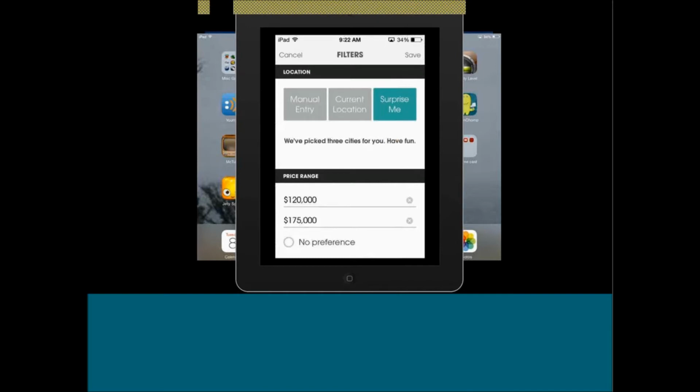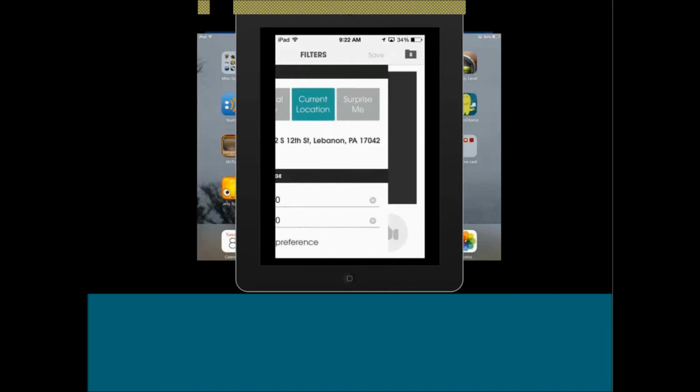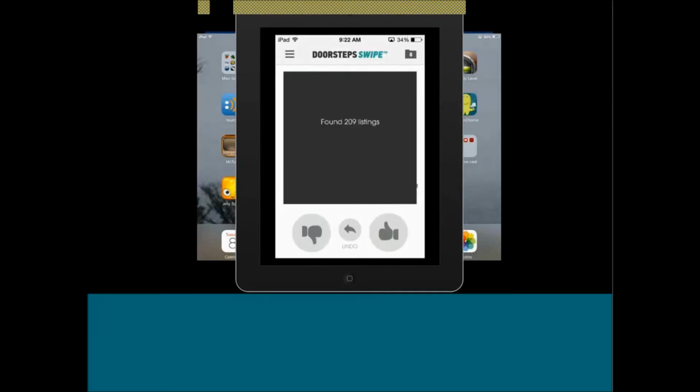This is powered by Realtor.com, so this is real, current, live information. But I'm going to go ahead and use my current location here in Lebanon. I'm doing a little price range between 120 and 175. I'm going to tell it to save that. It's going to go out and find